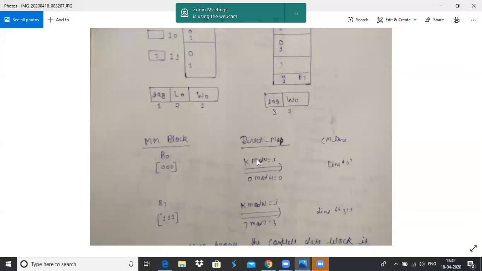To apply the direct mapping function k mod n, the k value is 0, the 0th block of main memory, and the number of lines in cache memory is 4. So 0 mod 4 becomes 0. So the 0th block of main memory will map to the 0th line of the cache memory. Line number 0.